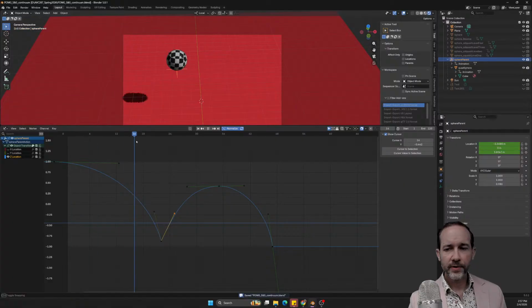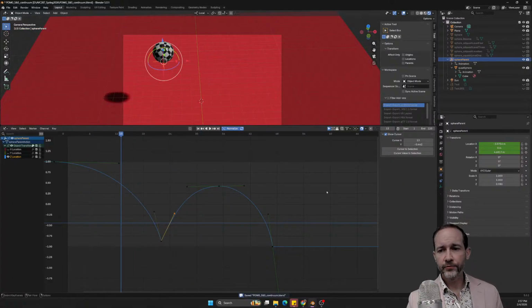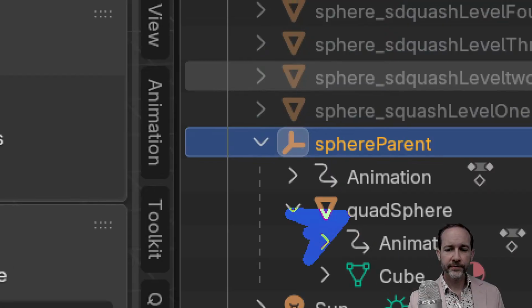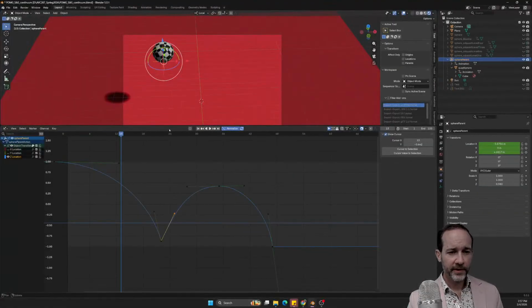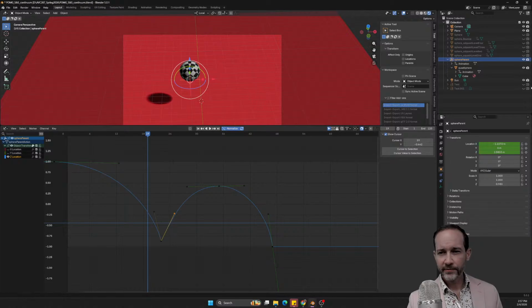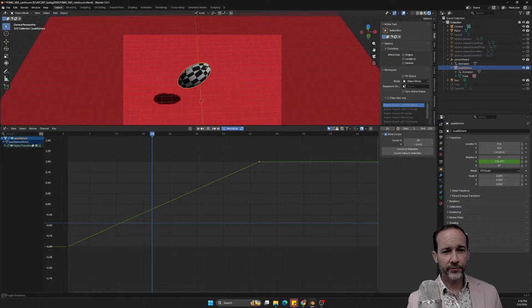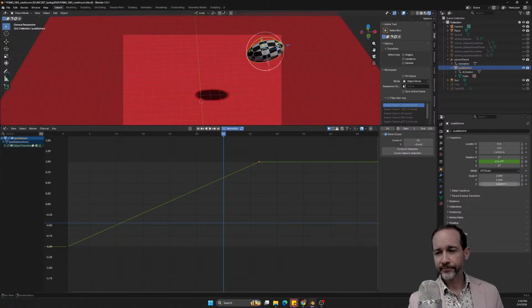Now we can go about getting our squash and stretch. And again, that's not going to happen on here, right? Because if we squash and stretched the ball itself, we would do it in the direction it's currently facing, which as we rolled would not be what we want, right?